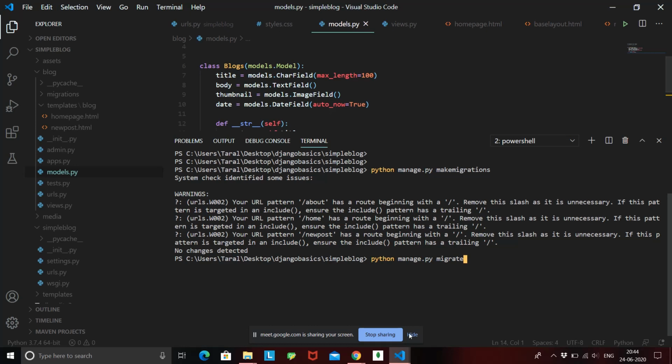Okay, so make sure you go to the Django documentation and read about FileField. So FileField will let you store any type of file that you want. Okay, ImageField will only let you store the images, but FileField is a field that will let you store any type of file that you want.